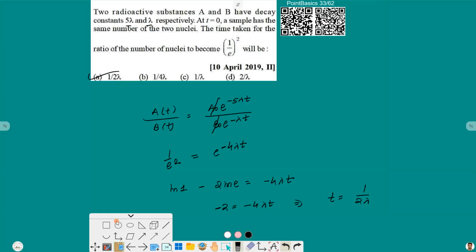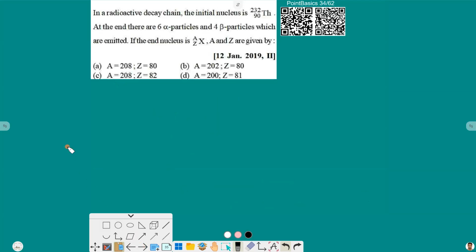Now let us move to the next one. In a radioactive decay chain, the initial nucleus is thorium 232, and at the end there are 6 alpha and 4 beta particles emitted. So we have to find out the end nucleus. So we have thorium 232 with atomic number 90, and it gives rise to 6 alpha, meaning 6 times 4He2, plus 4 beta particles,